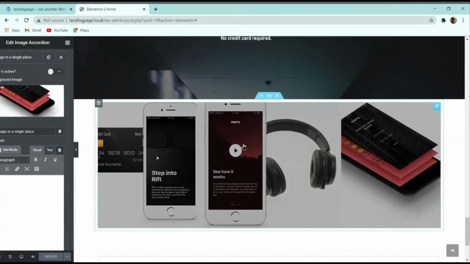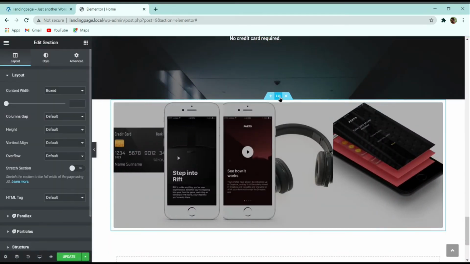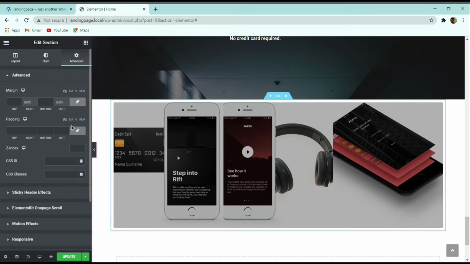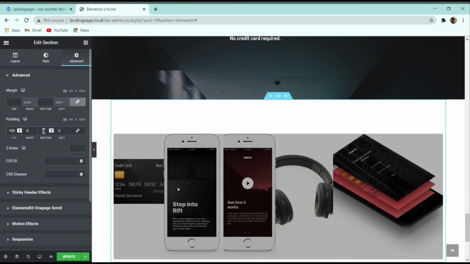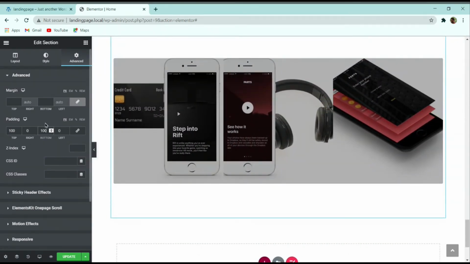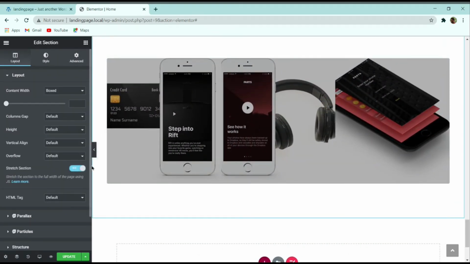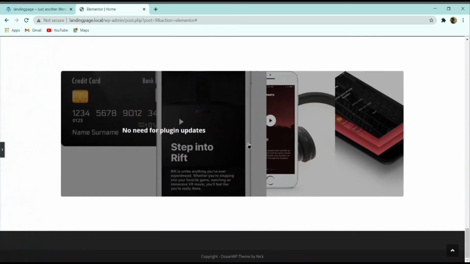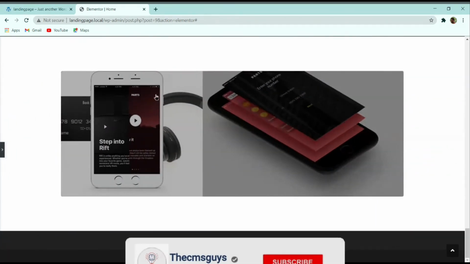So here basically let me go to the section setting, and here I will go to the advanced, and here I will add top padding 100, and similarly bottom padding also 100. After that I will go to the layout, and here I will make it stretch section. And then here you can see that this is the section which we want.